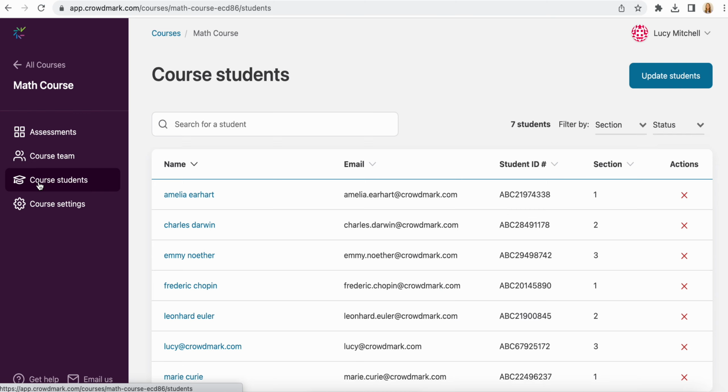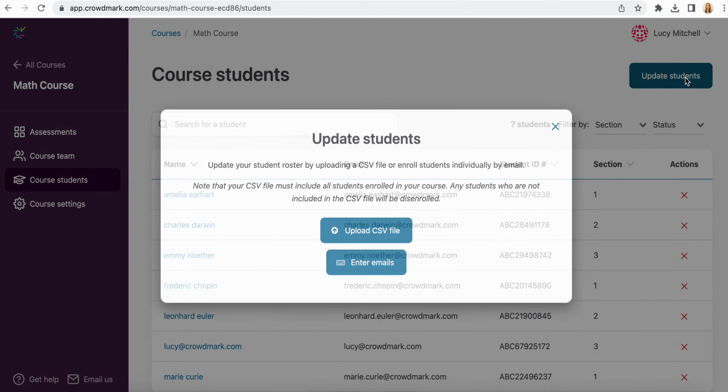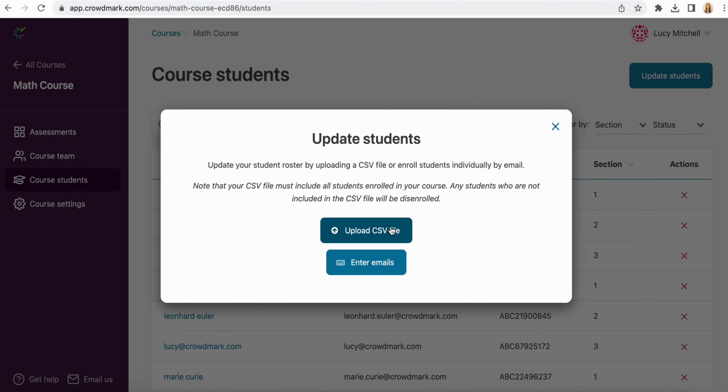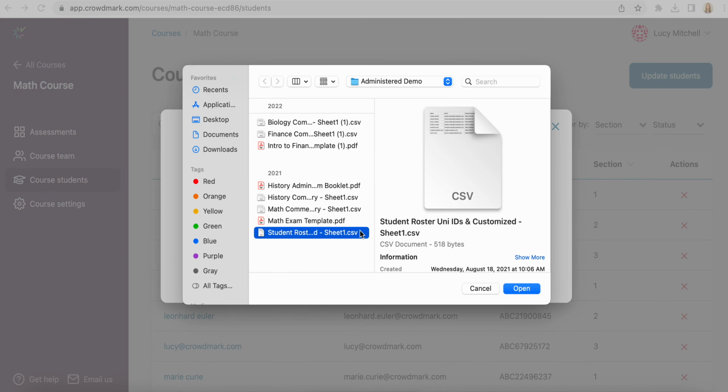Once you've done that, we can go ahead and update our student list by uploading a CSV with the student ID information. So you can see here that the student IDs currently include letters as well as numbers. So we want to update this so that the student ID just includes numbers. So we'll select Update Students here, upload a CSV file,